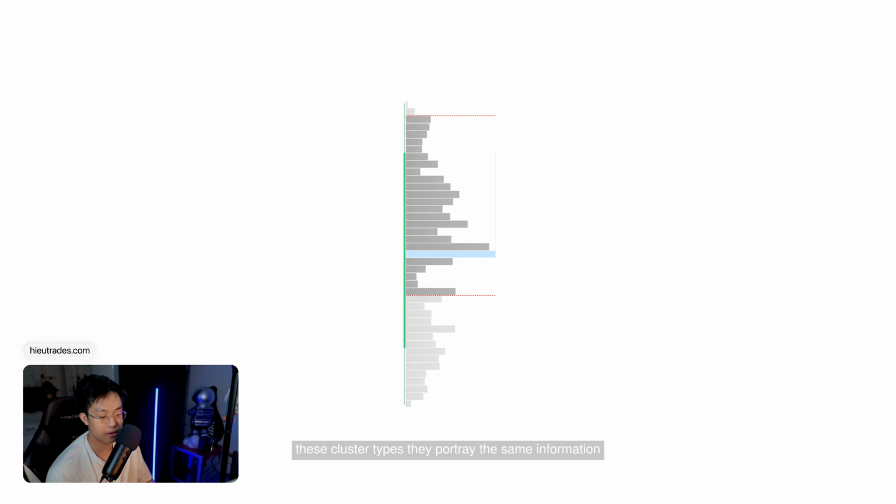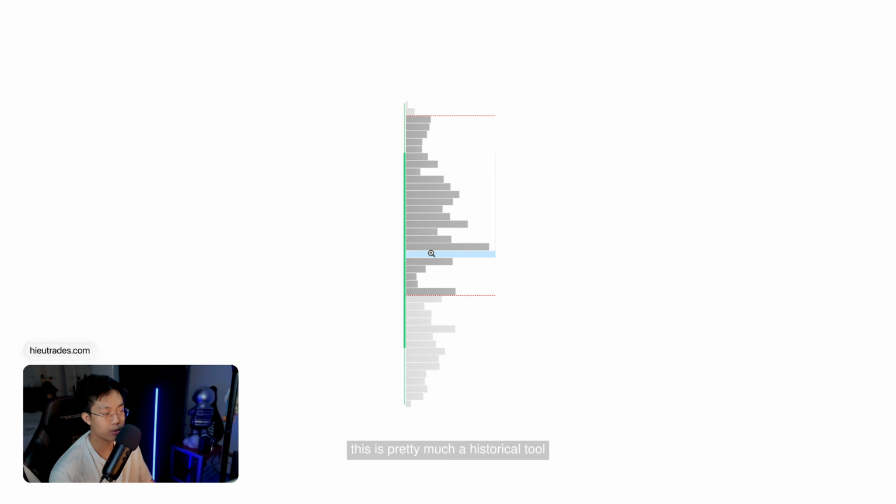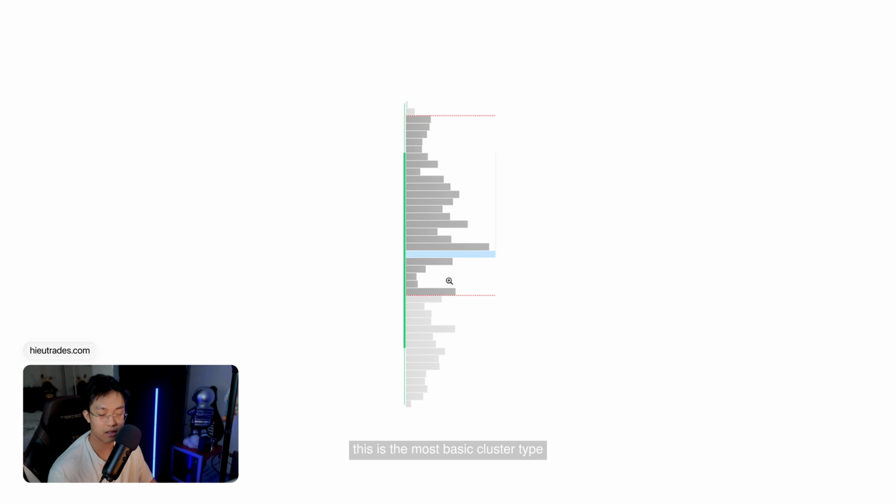These cluster types portray the same information, but instead of showing you how many buy limits and sell limits there are, this is pretty much a historical tool, and it shows you how many transactions were successfully facilitated already. So, this is my volume profile, or my volume cluster, and it represents how many transactions were facilitated at specific levels in price. This is the most basic cluster type, and I'm sure a lot of you are familiar with this already,